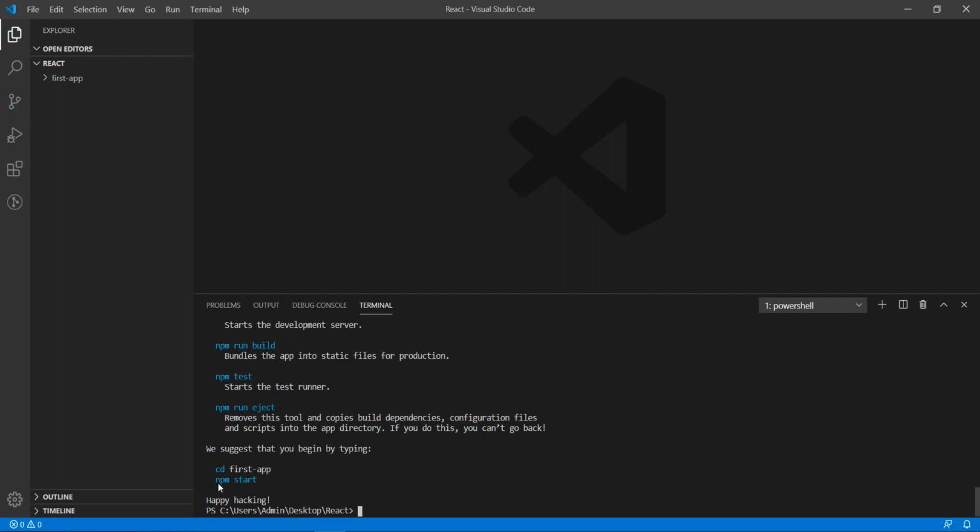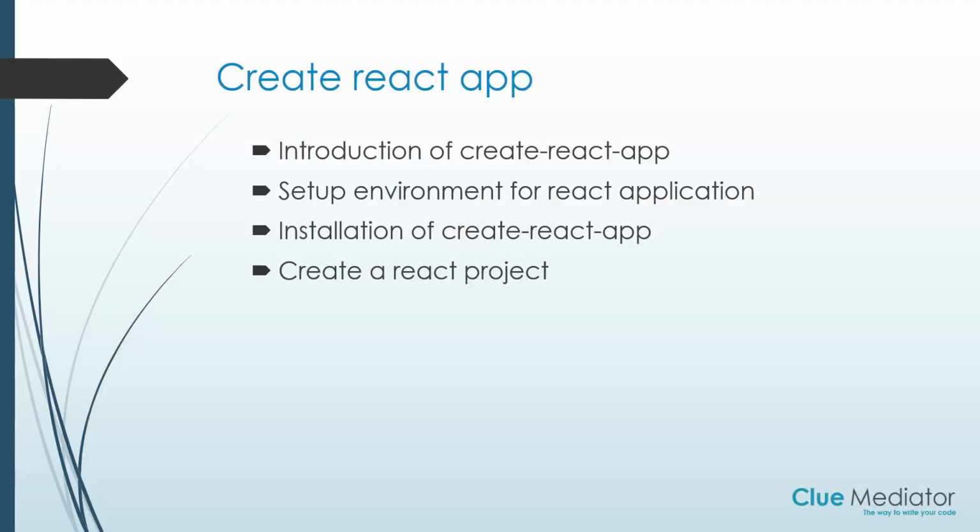Great. Now you can see our React application is created. So that's it to create a React application. Now let's check out the next point, how to run the project.